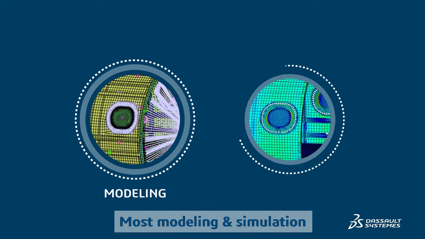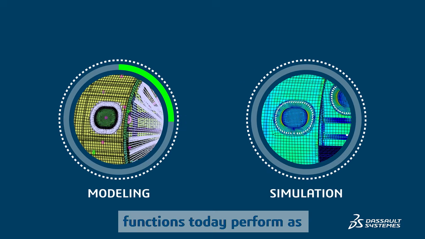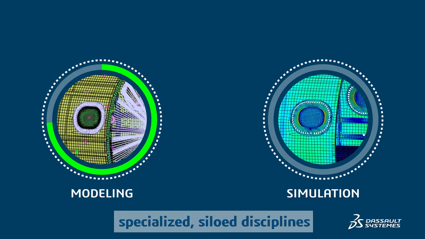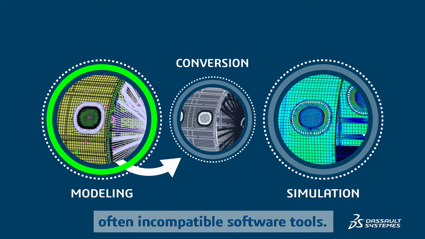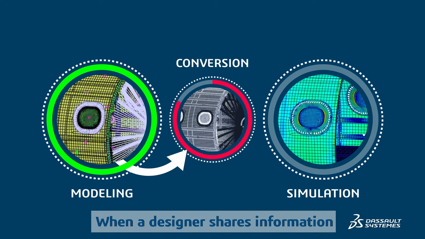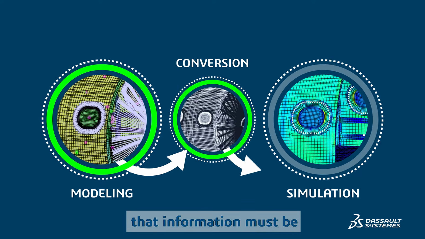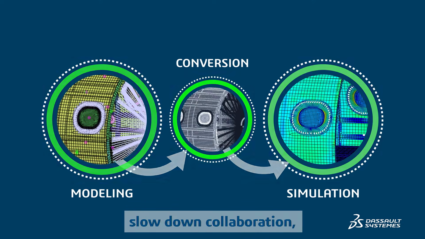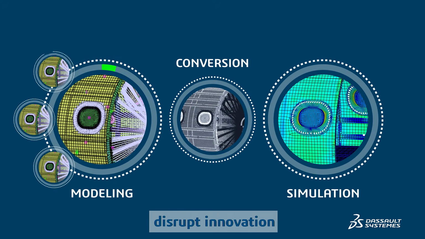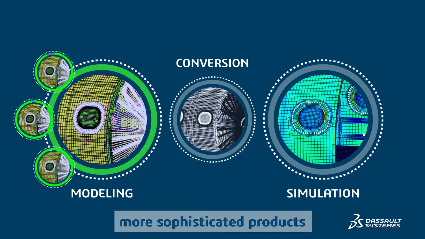Most modeling and simulation functions today perform as specialized, siloed disciplines, with each using separate, often incompatible software tools. When a designer shares information, that information must be translated and reworked into simulation software. Rigid handovers to analysts slow down collaboration, disrupt innovation, and prevent companies from timely delivery of these more sophisticated products